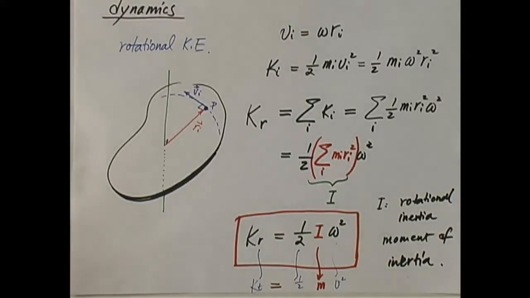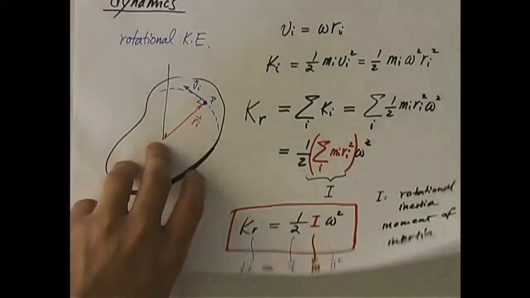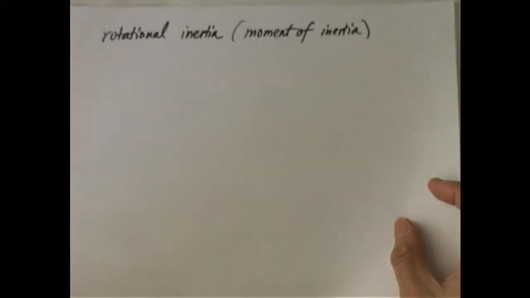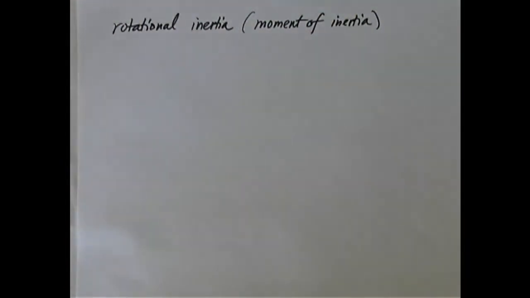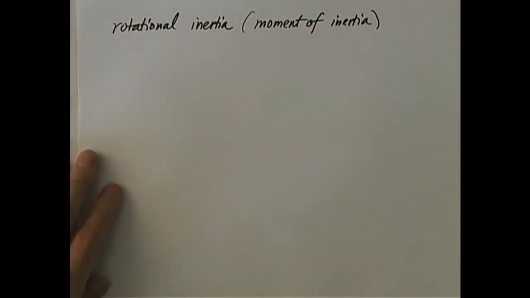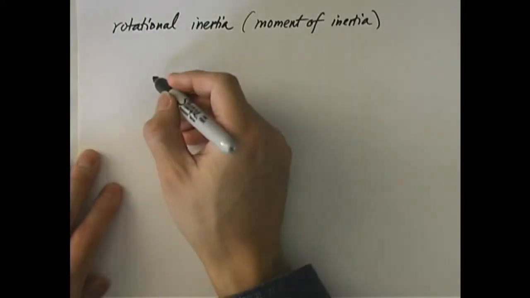So this thing should take the same position as mass. Mass tells you the ability to resist linear acceleration. If you believe the analogy, then this I should represent the ability of an object to resist angular acceleration. We'll get to that later. But for now, let us see how we can calculate rotational inertia. It's not always straightforward, because we have to do this summation. I equals